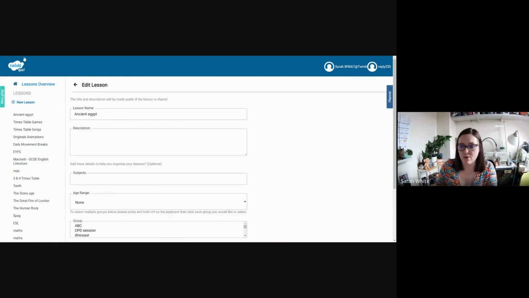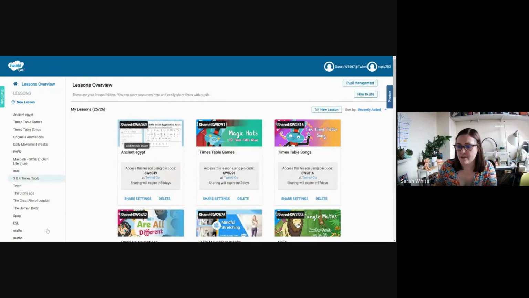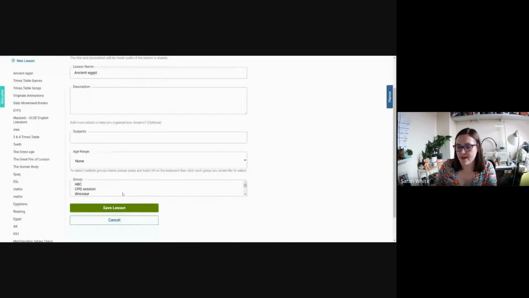So here you press on the pencil. Yeah, that's really quick, I appreciate it. So if you hover near the name of your lesson, you can press the pencil. And then I'm going to find that group that I've just made. So that's CPD session 1. And make sure that it's highlighted. If you highlight more than one, hold down shift and you can assign it to several of your groups. But at the moment, I just want it on that one, so just make sure it's blue and then press